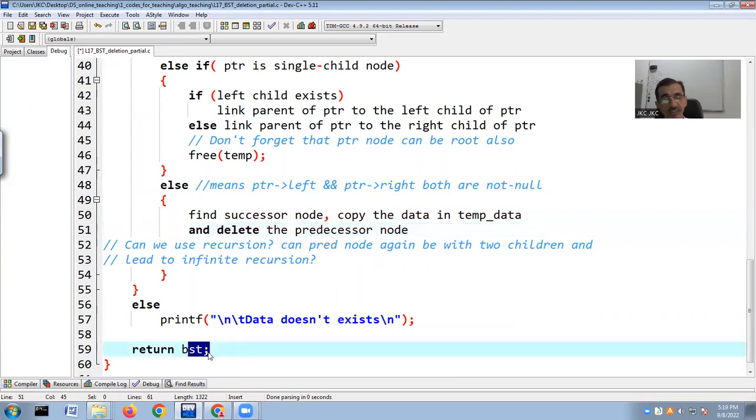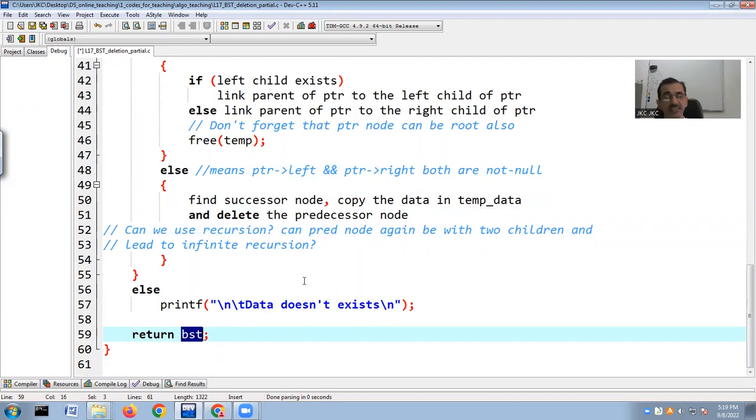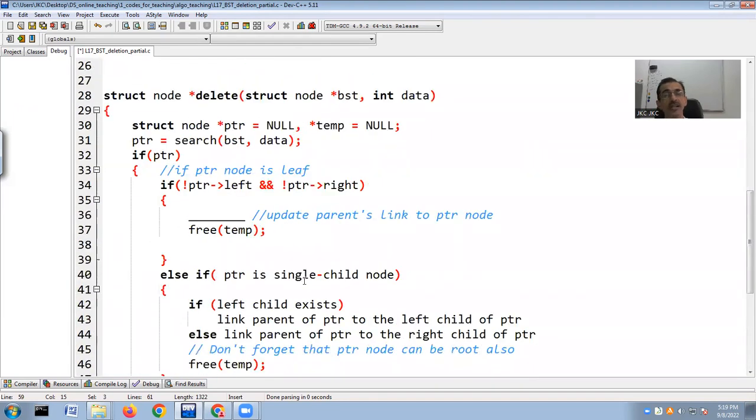Finally, because the root itself might get updated, the changed root must be returned, and this is how you should do your deletion implementation. Stopping here, let me pause and stop sharing, and let